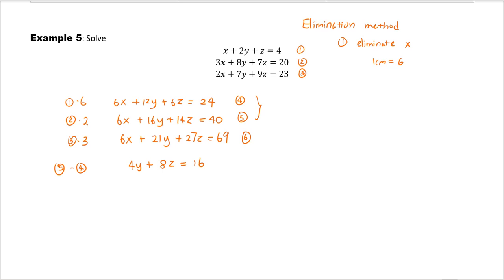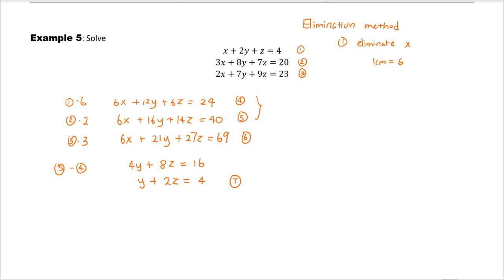Wow, can you see all the coefficients have factor 4? So we can divide both sides by 4 to simplify it. Then y plus 2z equals 4. Let's call this equation 7. If at some point you can simplify it, please simplify it because you don't want to work with